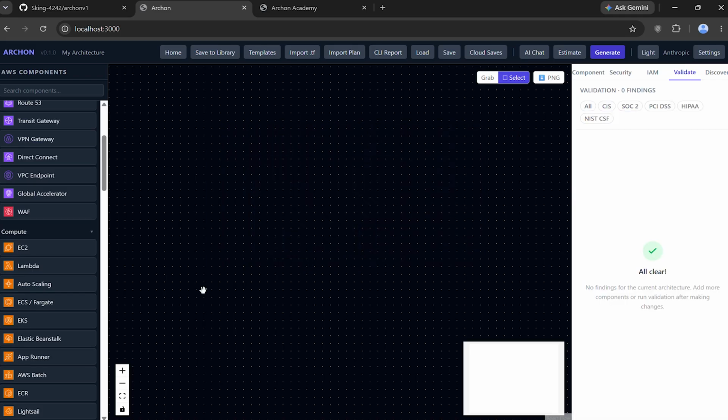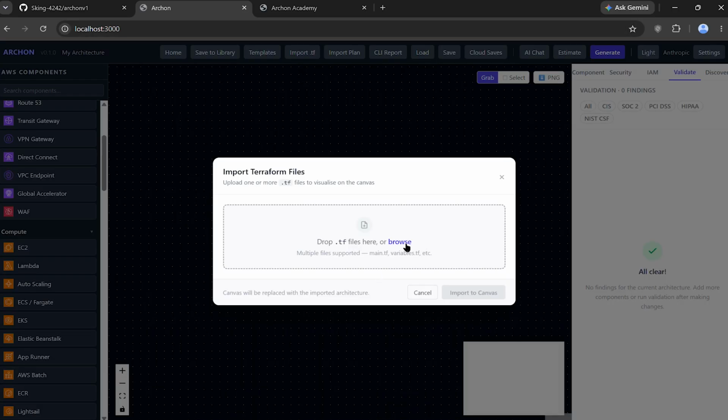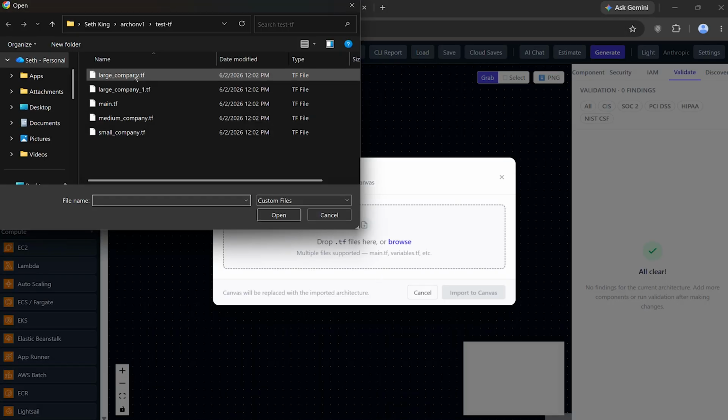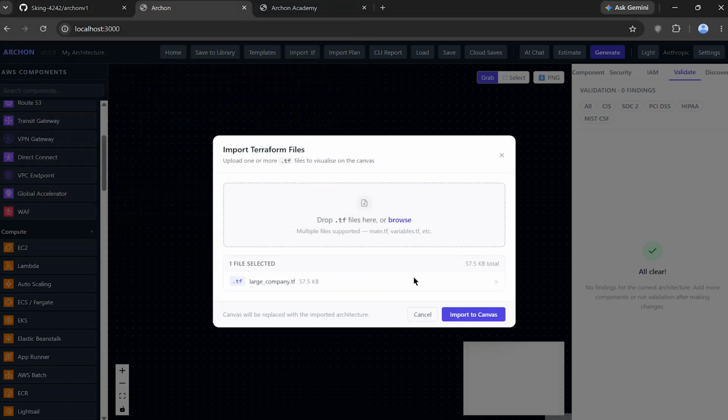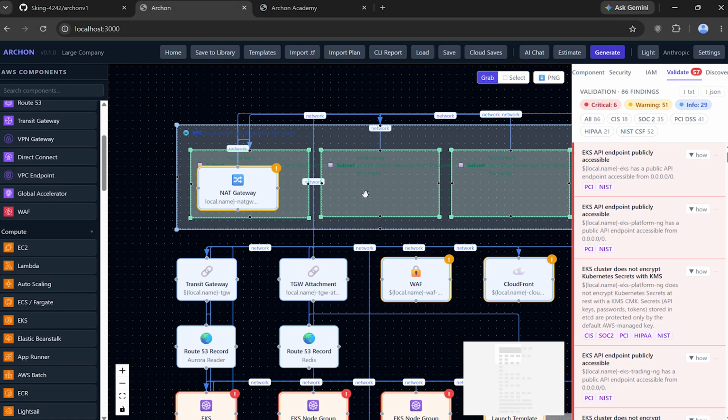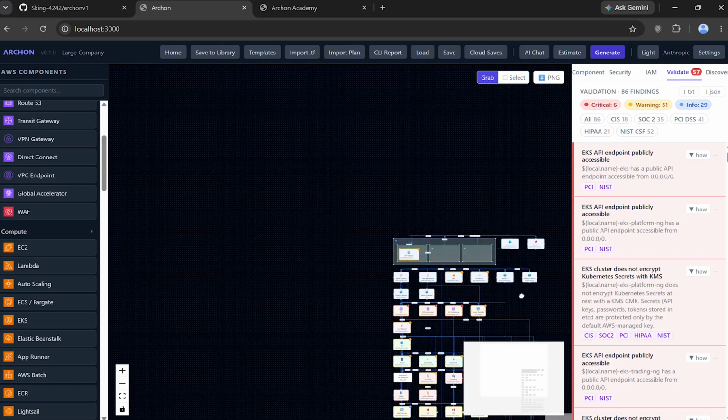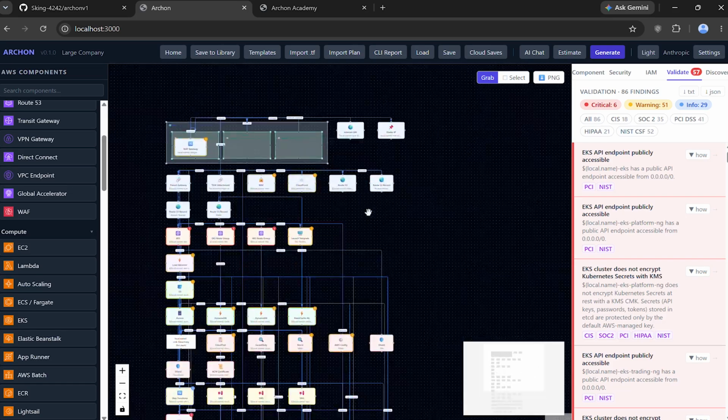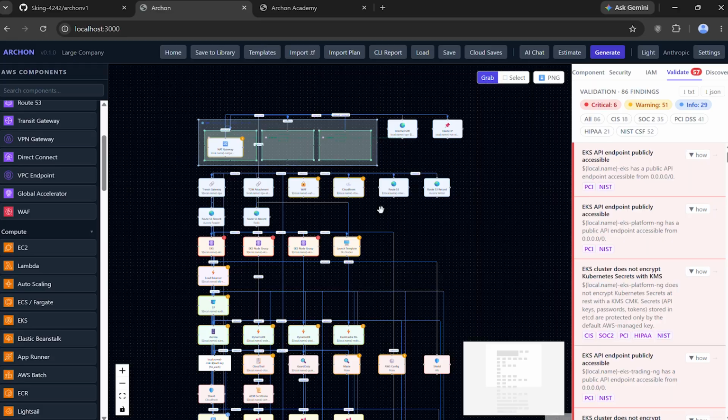Let's get rid of that, and we'll move over to, if you do have a Terraform plan you like, you can import it right here. I have some test ones that come with the product, and I'll import this right in. So this is an architecture that was generated.